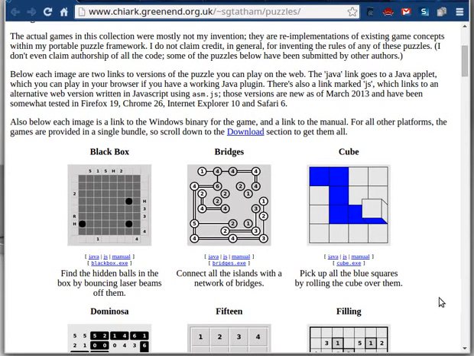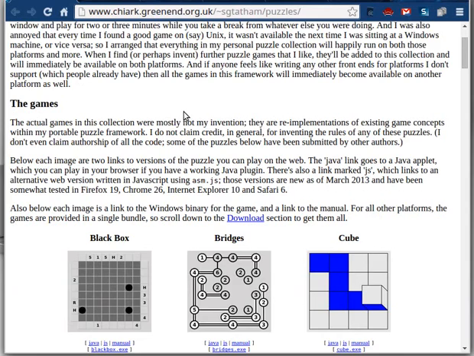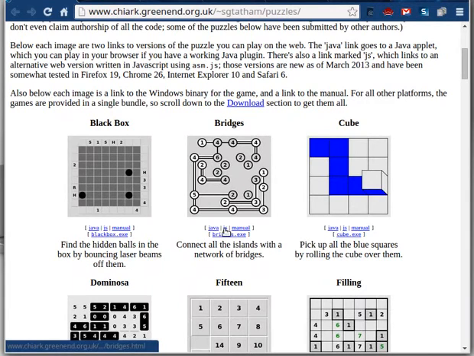Hello, this is a tutorial on one of Simon Tatham's portable puzzle games, which is found in this collection. You can play these games by going to this website and scrolling to the game and clicking the JS link, or there's also a Windows executable, or it's on a variety of other platforms, the Windows Store,